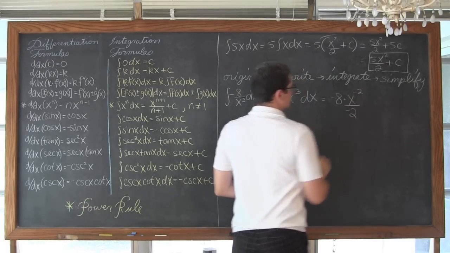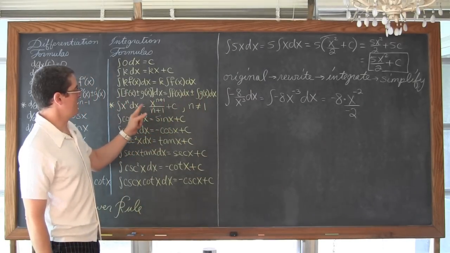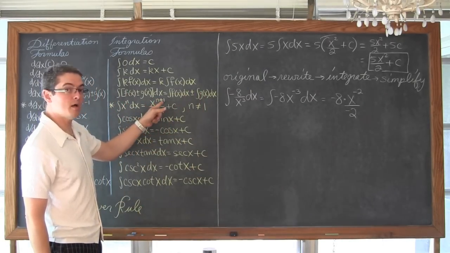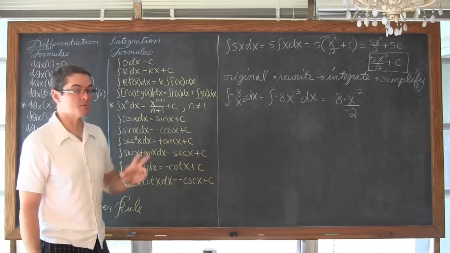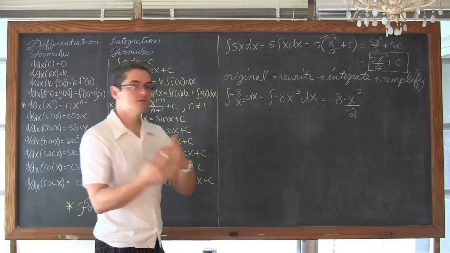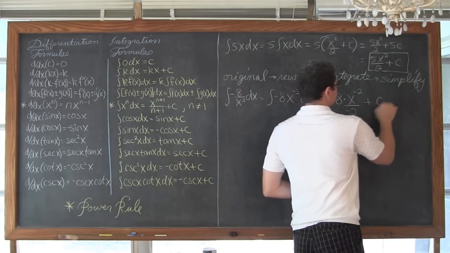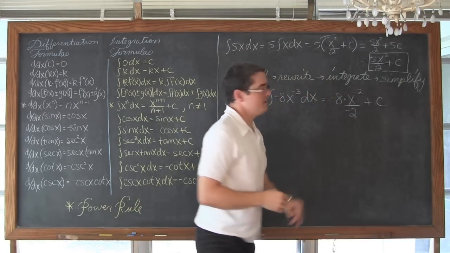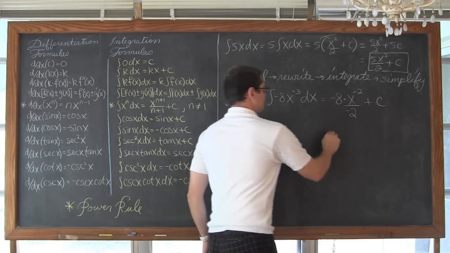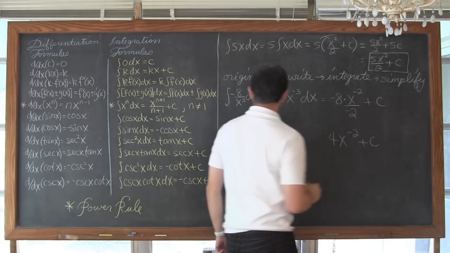And then again, we're going to divide, because here we go, x to the n. When we integrate, we get x to the n plus 1, and we're dividing by n plus 1. So we're going to take that exponent, increase it by 1, and also divide by that as well. Just want to make sure you get that completely set in. Plus c. So -8 divided by -2 is 4. x to the -2 plus c.